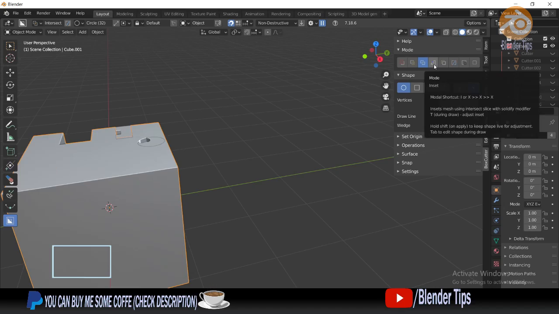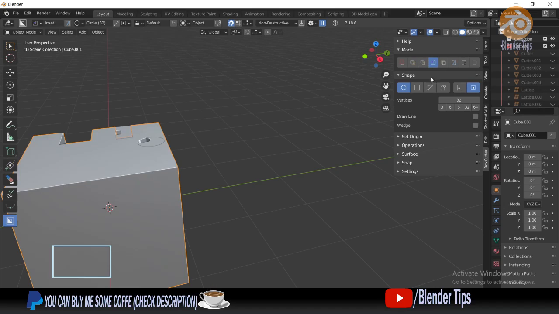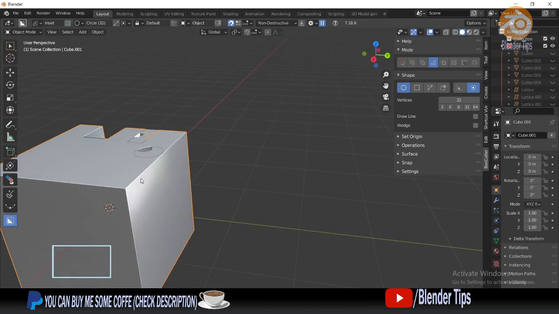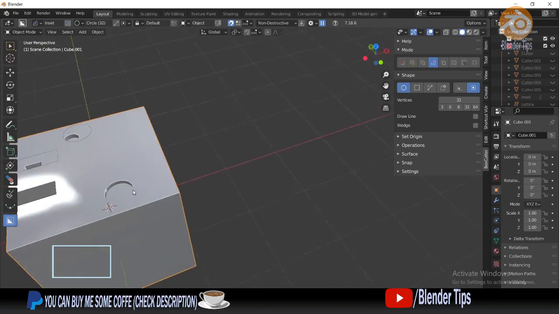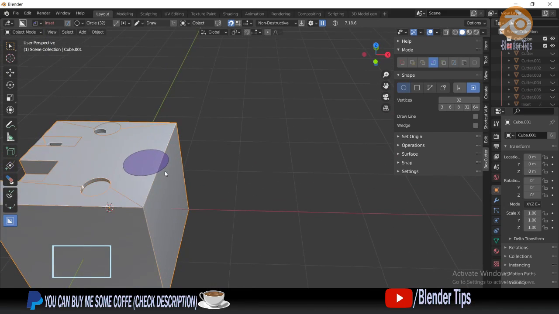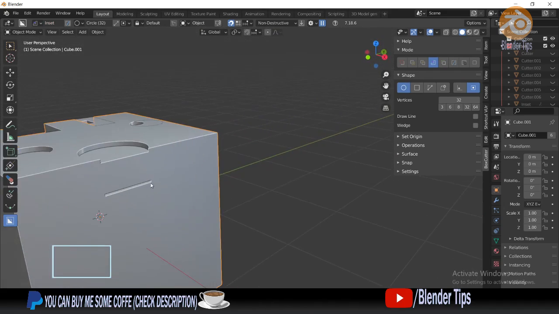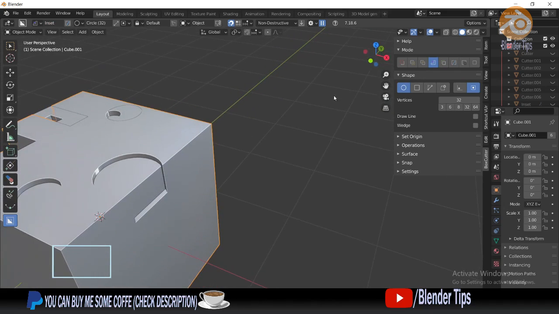And the next is insert. Insert means I insert a shape in the object. Sorry, my bad English. So if I draw a circle, then I go down. As you can see, it's not. I draw back. As you can see, I insert the shape in this object. Then if I insert this triangle shape, as you can see,